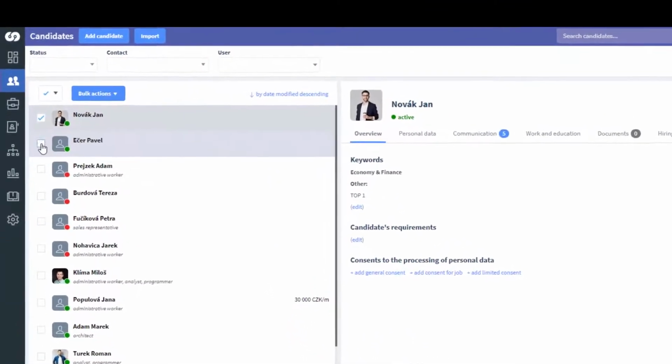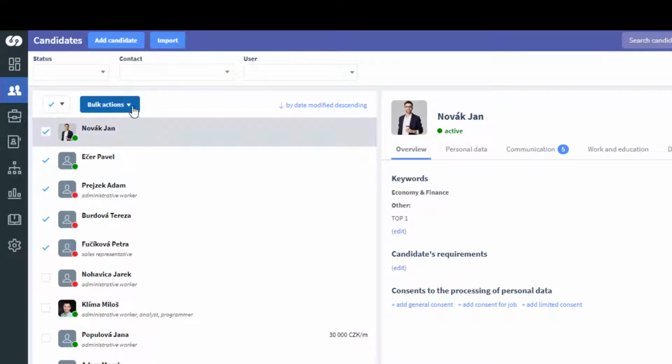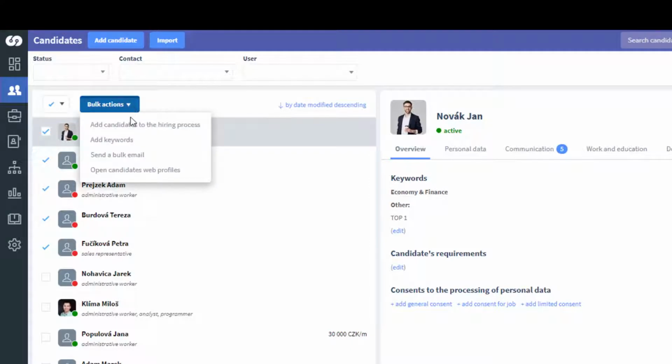If you check at least one candidate in the candidate list, the bulk actions button will appear right on the top. And if you select bulk actions, you can add these selected candidates in the list to the hiring process. You can add keywords. You can send bulk emails to the selected candidates, and you can open candidates' web profiles. First of all, I would like to show you how to add candidates to the hiring process,